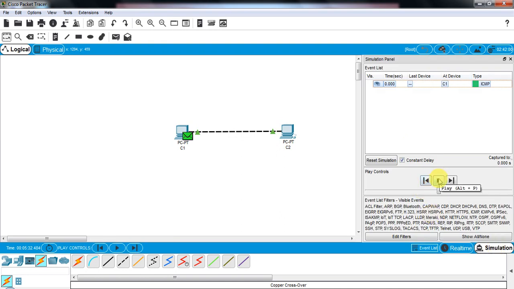Once you start playing the simulation, you will be able to see the flow of the PDU from one computer to another computer and the response of this PDU from the other computer to your first computer. So it will be like a ping request and response using ICMP, but visually you can verify the connectivity. So here you can see in the event list also from C1 to C2 and from C2 to C1, and the protocol is ICMP.